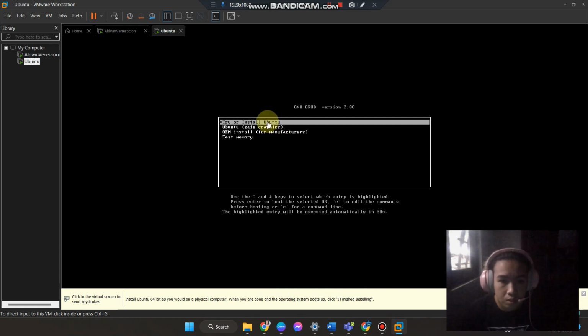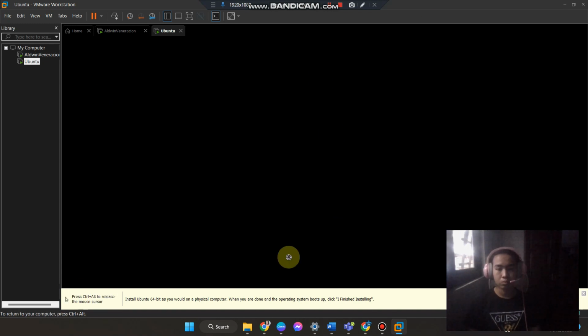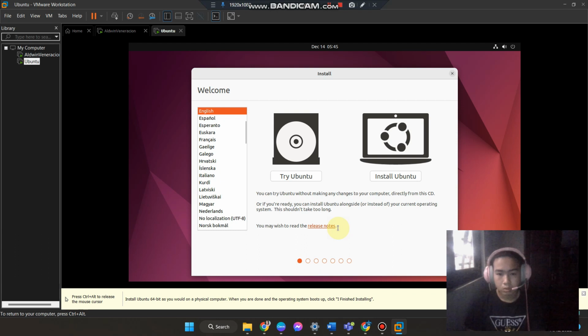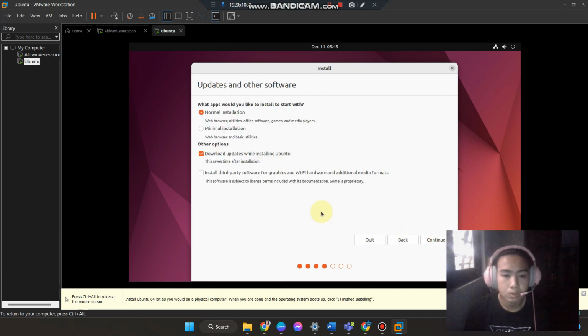then click the first one. The Ubuntu is open, and then click the install Ubuntu, then let's not change it, then continue, then check the install third-party software, and then continue,